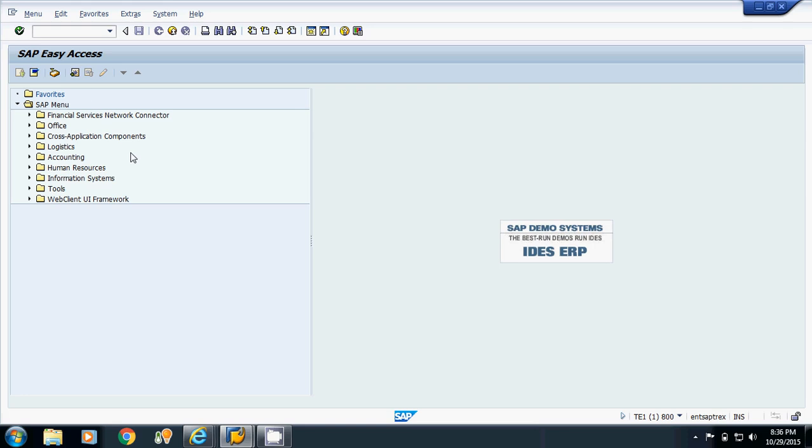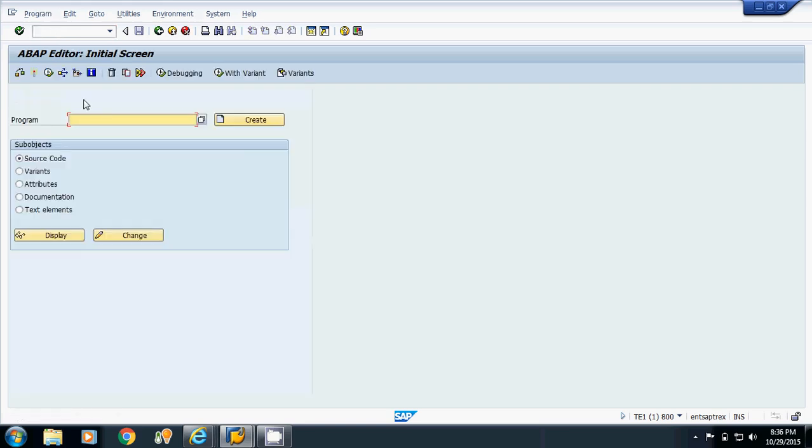Now we start with the creation of a module pool. So I am going to transaction code SE38. I am passing the name of the program. Suppose I am creating a customer specific object, so its name starts with Z or Y. Suppose my program name is ZM_project.